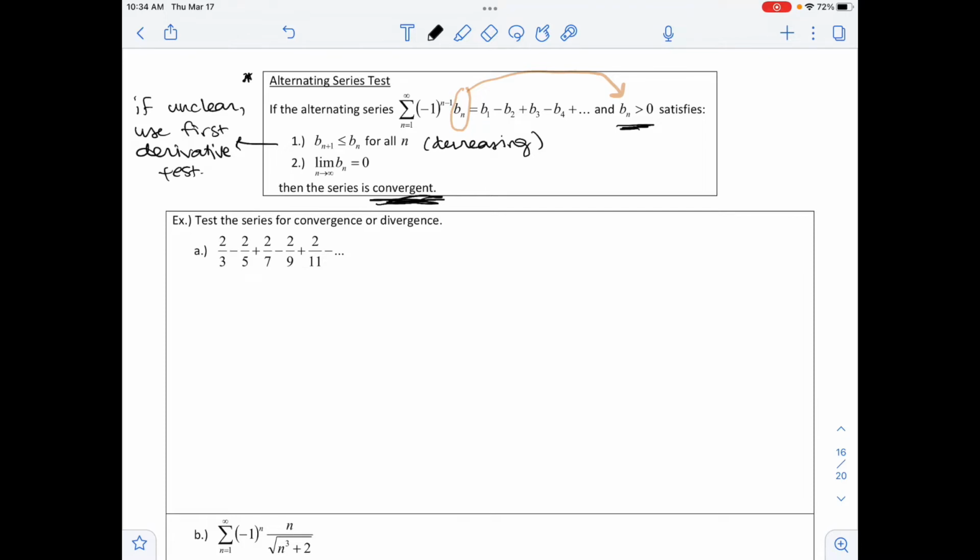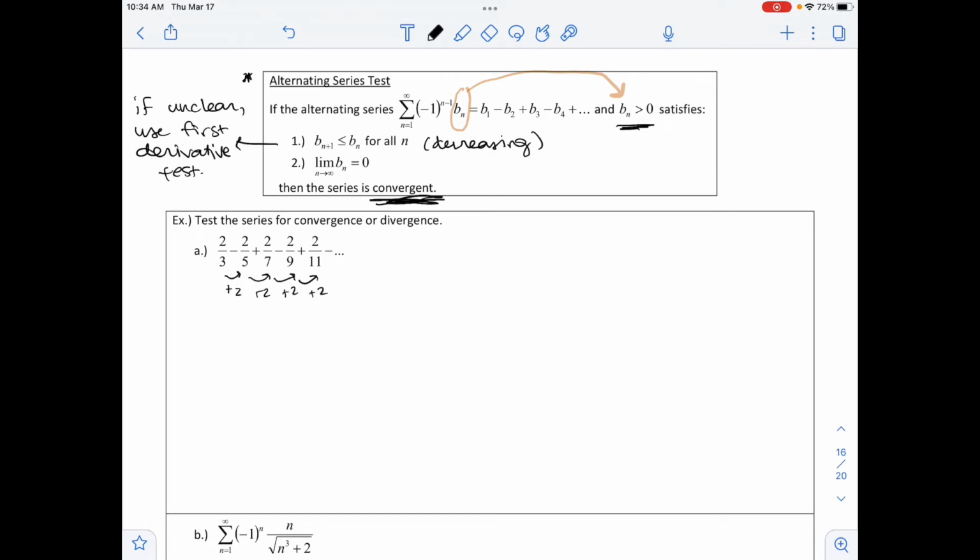Looking at it, I notice that the numerator is all the same. It's always a 2. For the denominator, besides the minus signs, I'm adding 2 to go from 3 to 5. From 5 to 7, I add 2. 7 to 9, I add 2. And 9 to 11, I add 2. I notice that it's alternating signs in addition, but that will be dealt with by a -1 to a power. So for the denominator,